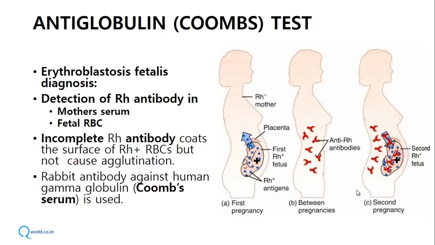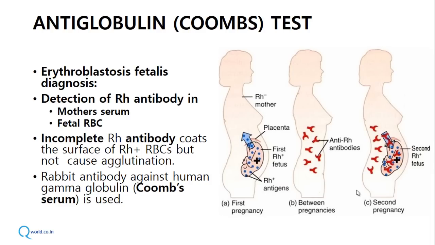The first pregnancy is totally normal, but this fetal RBC which has entered the mother's blood will create an antibody response in the form of Rh antibody. So the mother will develop Rh antibodies, and when this Rh negative mother becomes pregnant again with an Rh positive fetus,